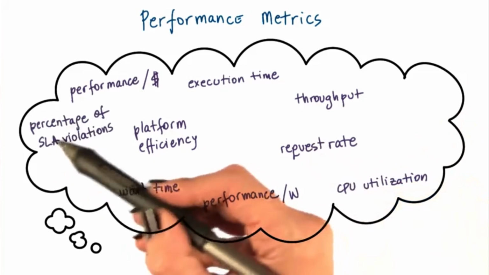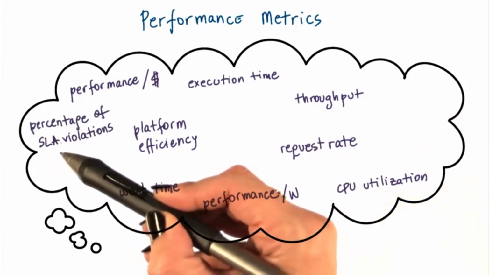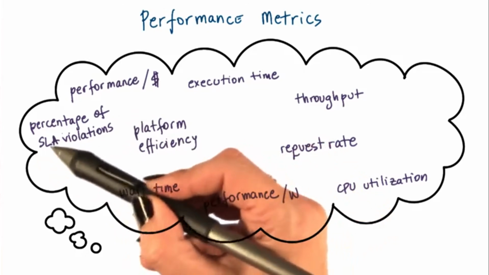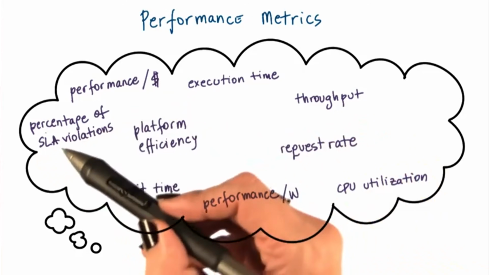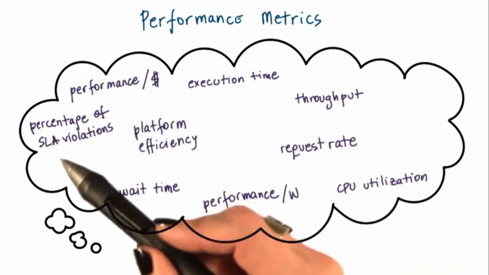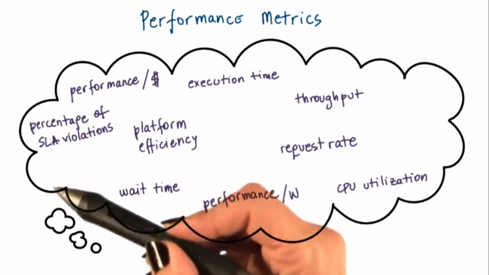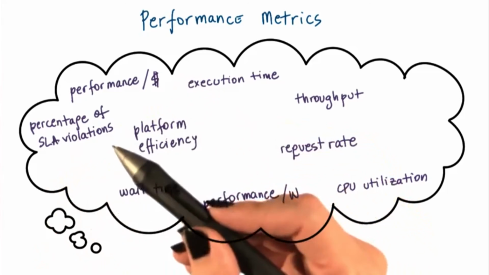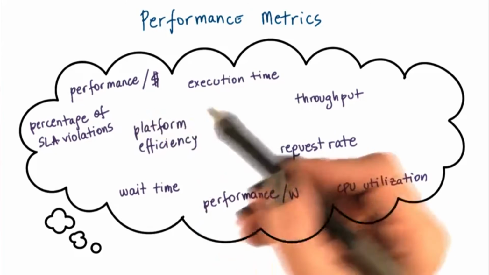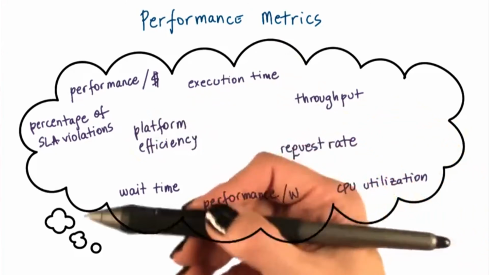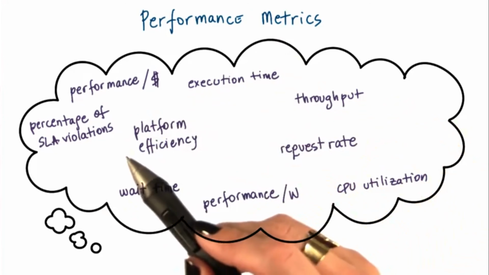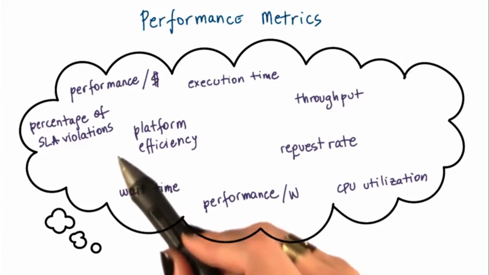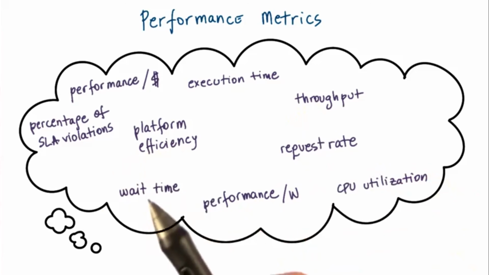You may have heard of the term SLA. It stands for Service Level Agreement. Enterprise applications will typically give SLAs to their customers. One example, for instance, will be that you will get a response within 3 seconds. Or it may be even more subtle than that. For instance, a service like Expedia perhaps has an SLA with its customers, and its customers would be like Delta Airlines and American Airlines,